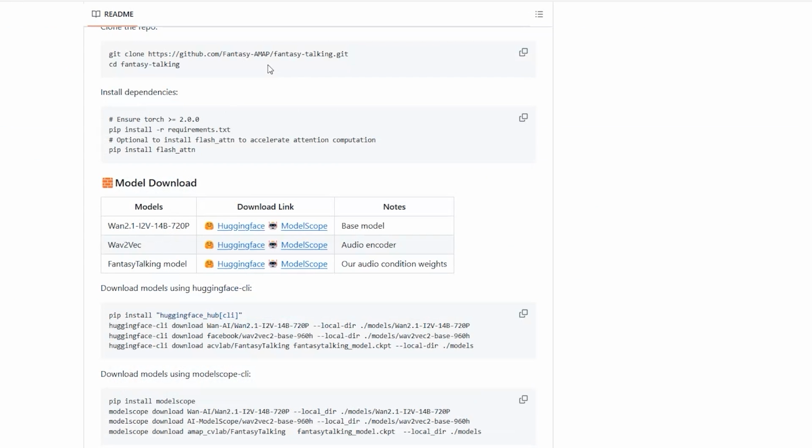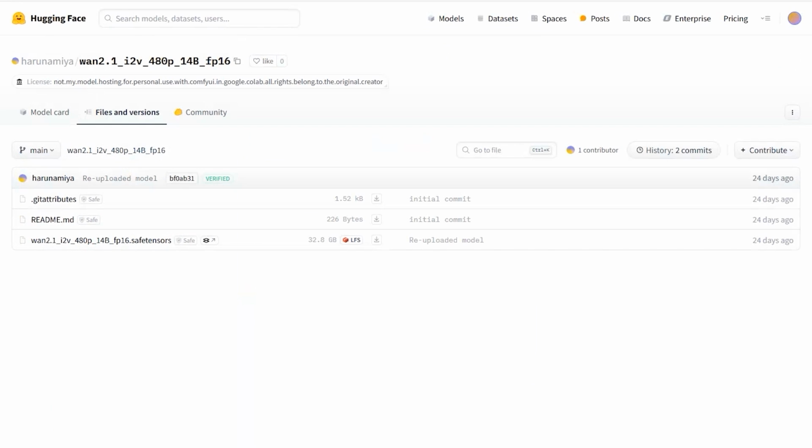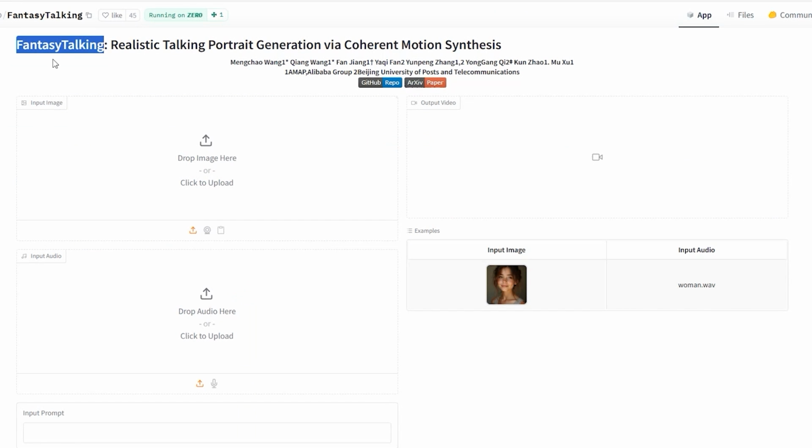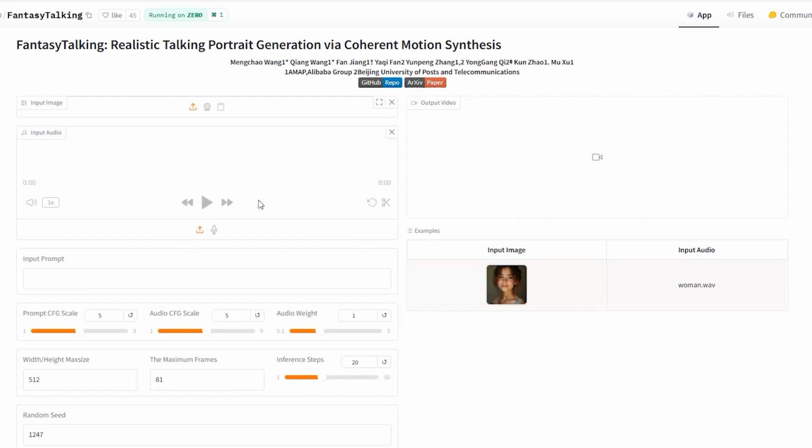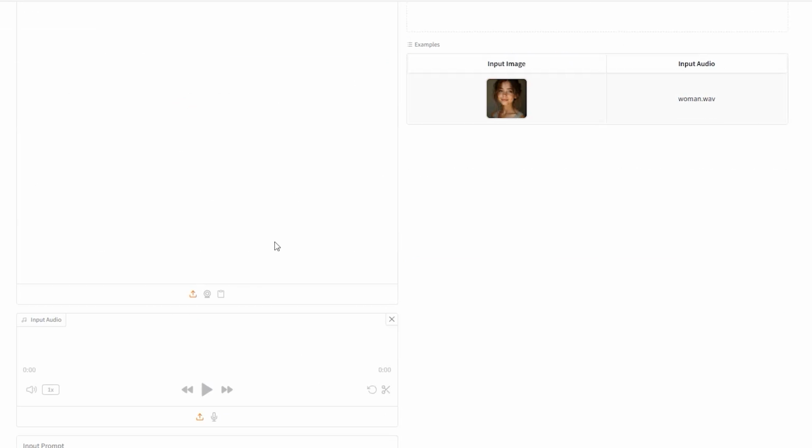For those who don't want to install locally, there is a Hugging Face demo available. But keep in mind, this is not a video editor. You can't feed it existing footage to modify. It generates entirely new videos from an image and audio file you provide. The cool part is, you can control how animated the character is through simple text prompts, from subtle head nods